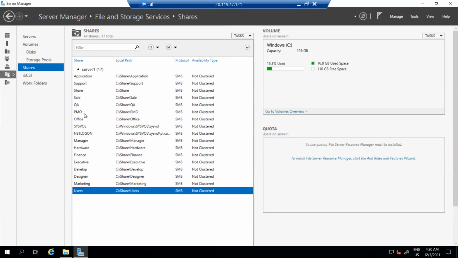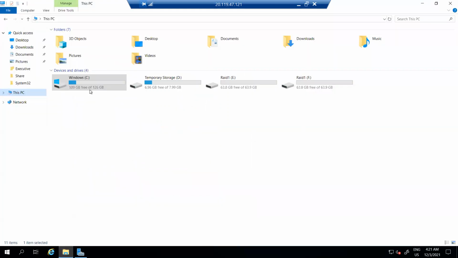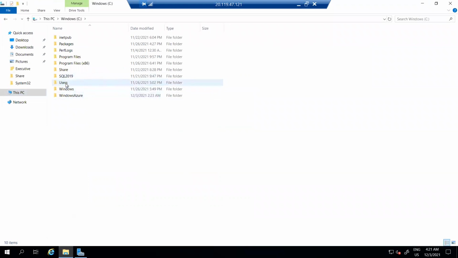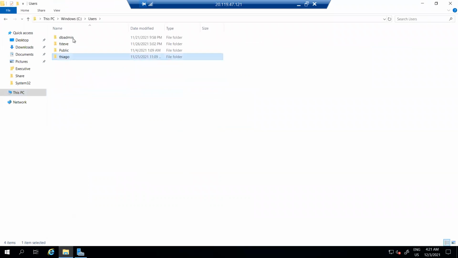I also have a shared folder here, which has all applications, where groups share their particular information using their particular folders. And I also have user folders here, and for these user folders I have configured